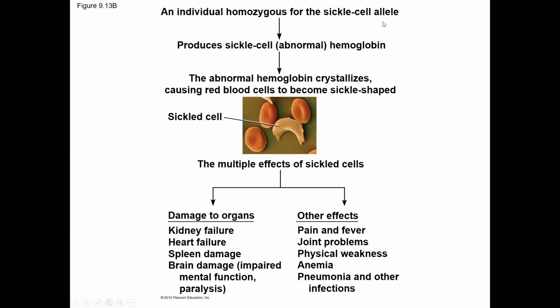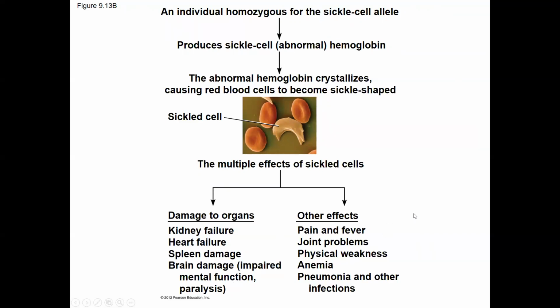So an individual that's homozygous for sickle cell can produce sickle cell hemoglobin, which is abnormal. And it can crystallize, causing red blood cells to become sickle-shaped. And so these sickle-shaped cells can actually cause a lot of problems. It can damage your organs, leading either to kidney failure, heart failure, spleen damage, brain damage, many different other effects